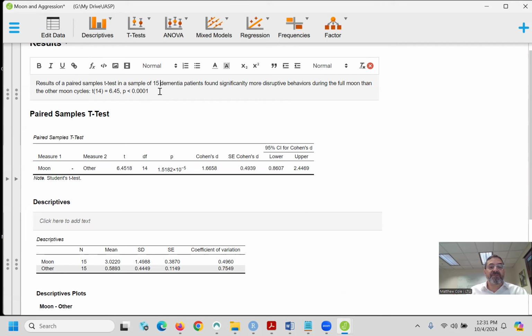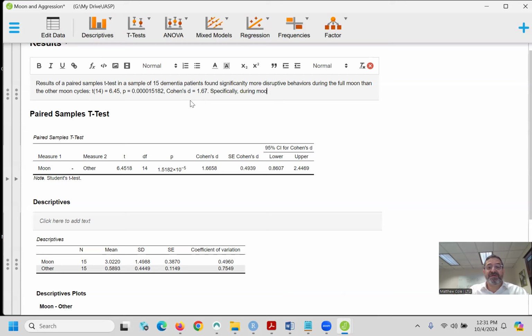Actually, if you really wanted to report it, you could report p equals 0.1234151, the whole number. Cohen's d equals 1.67, right? And if you really wanted to have fun, which you have to do in journal articles, you'd say